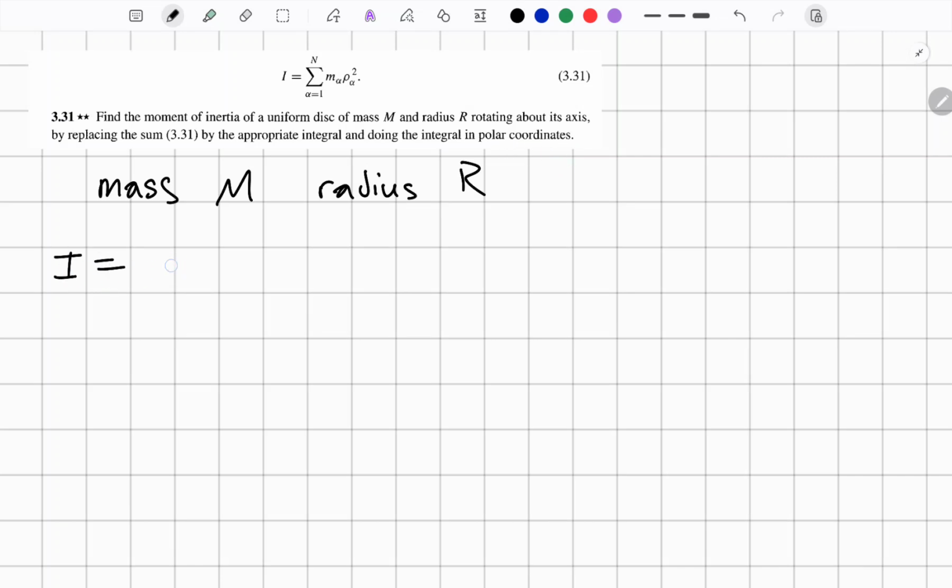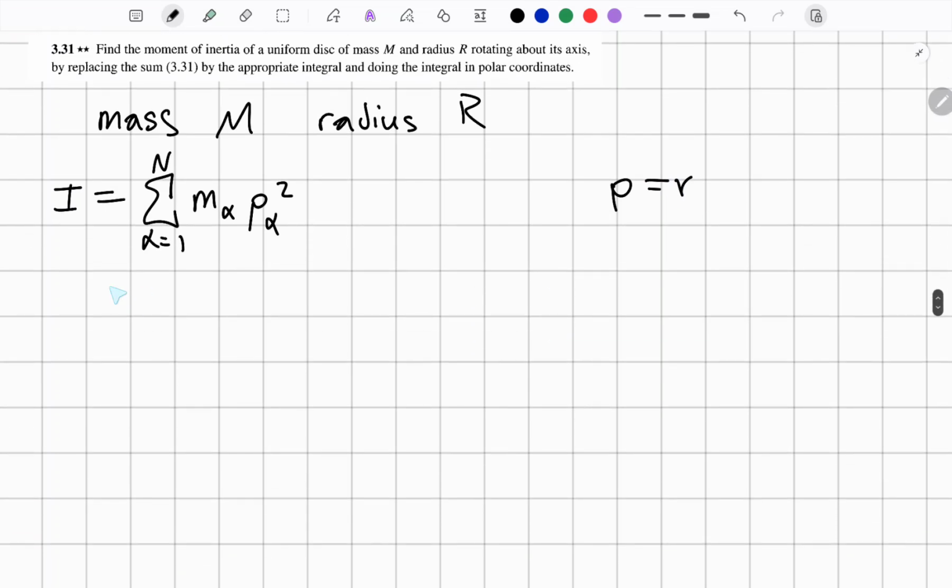So I'll first write down that sum here from alpha equals 1 to n of m alpha p alpha squared. Because we're working in 2 dimensions, we're going to say that our p is equal to r. We can just change everything into r's. So we'll end up with I equals